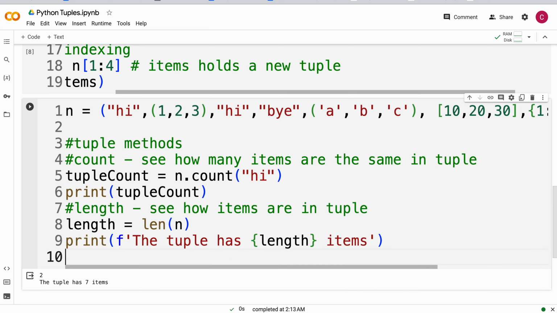So in that case, we can do index, and here it tells the position of the first